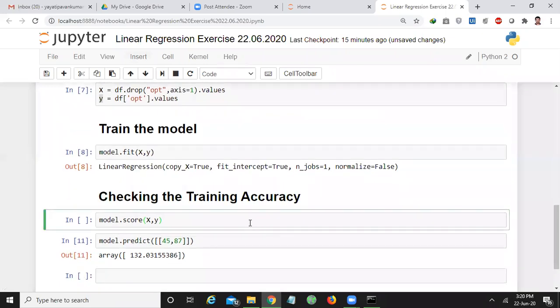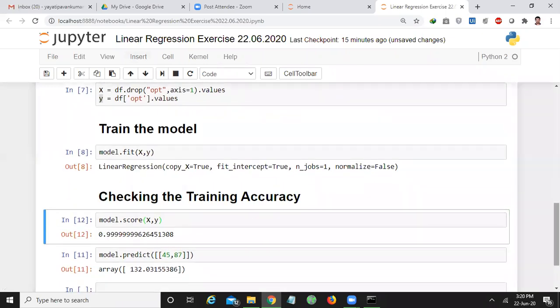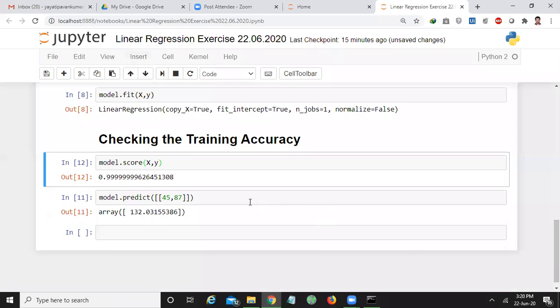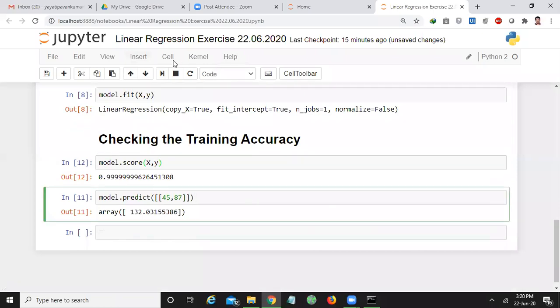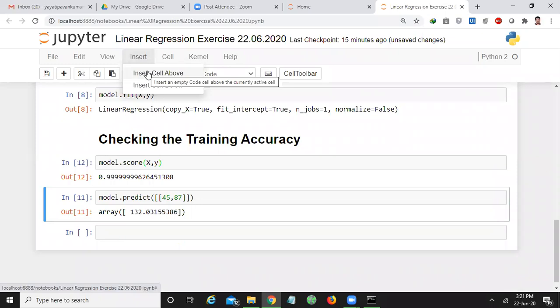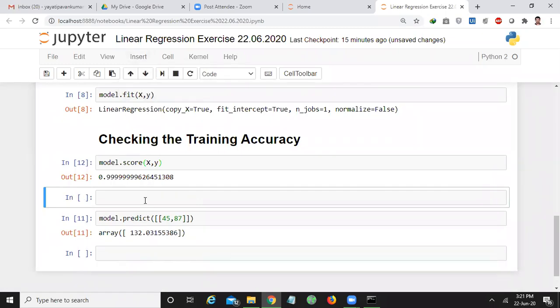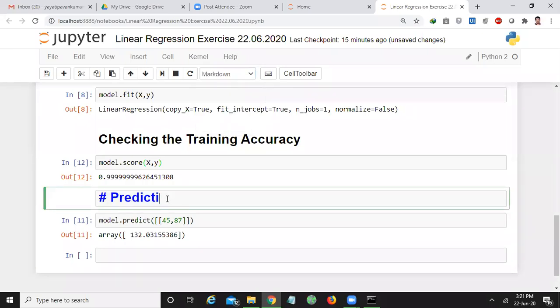That is like model dot score of x comma y. And again here, predicting the output for new values, new inputs.